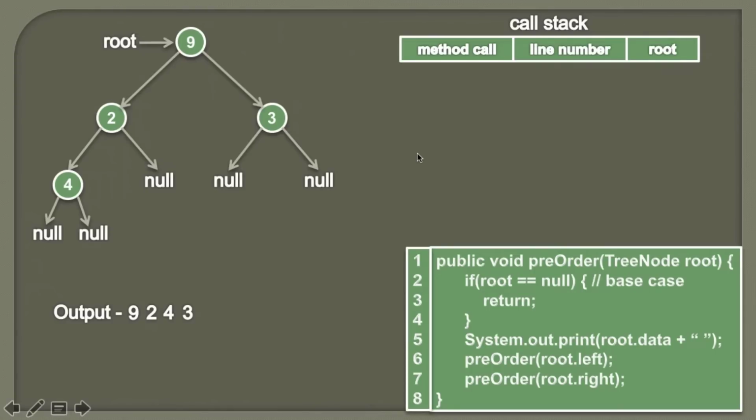So friends, in this slide we saw the demonstration of how pre-order traversal works. It first visits the node, and then it recursively calls pre-order to process the left subtree and then to process the right subtree, and this goes on for each and every node. Here you can see the output as 9, 2, 4, 3. So we have visited 9, then 2, then 4, and then finally 3. Here we saw the demonstration of the algorithm. Now let's go to Eclipse and see the working code.